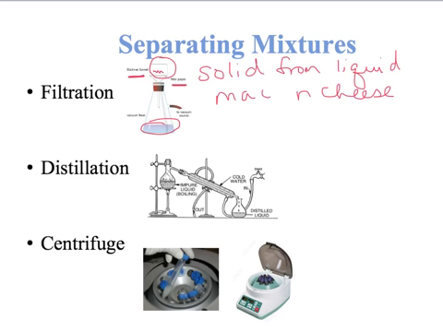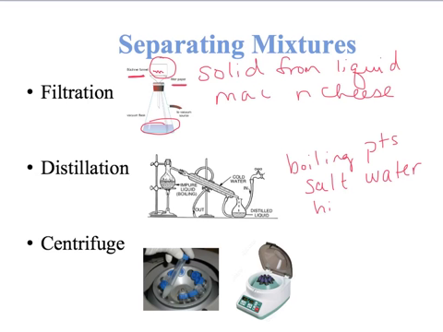Another way to separate two things is by their boiling points. If things have different boiling points, you can use a process called distillation to separate them. I'm not going to explain that contraption because you probably won't do this in Chemistry 1, but it is important to understand that things can be separated by their boiling points. I'm going to go back to an example from the previous slide: if you've got salt water,